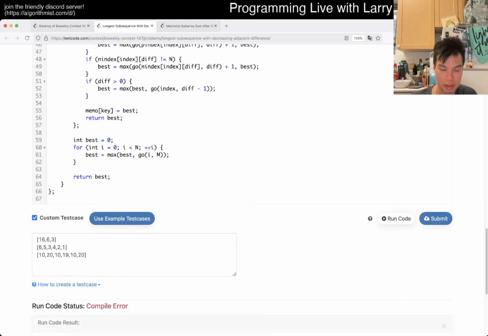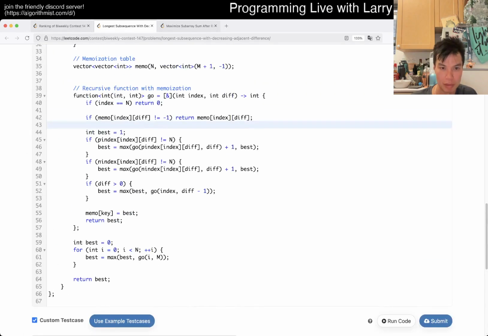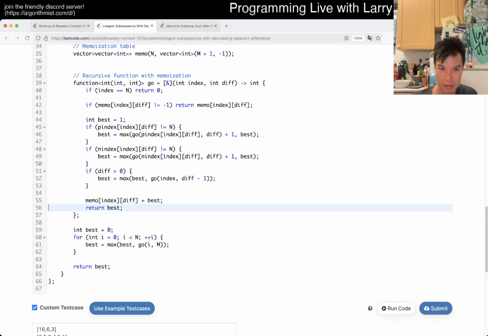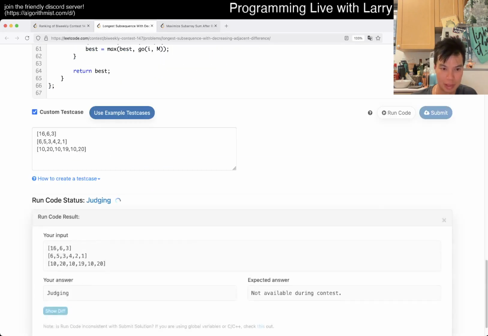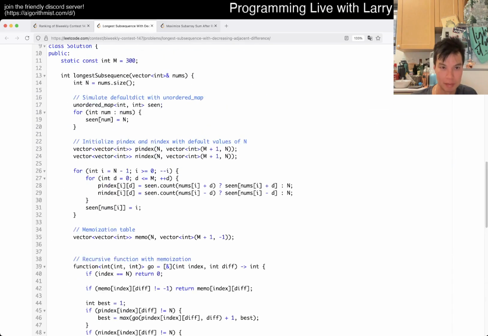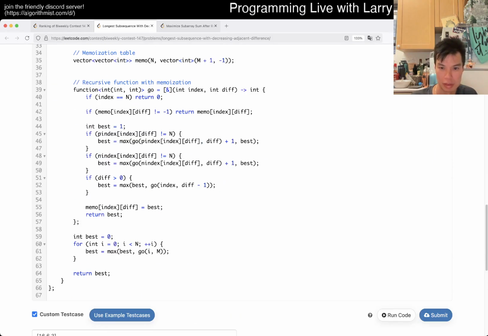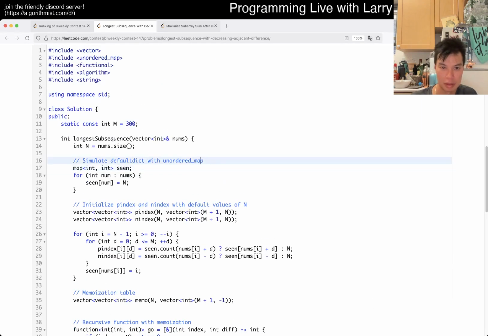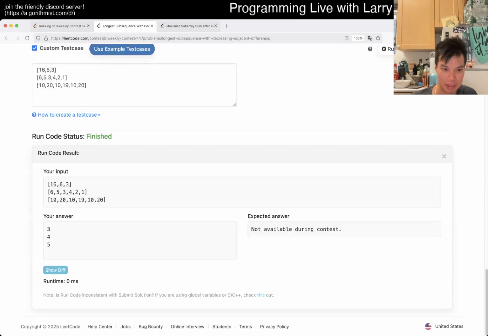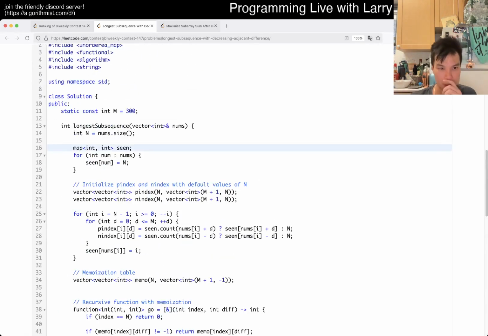Let's run it real quick. Memo key. Oh yeah, I forgot to change that. It's actually easy to translate, but yeah, now is it fast enough? Yeah, unordered map, not even correct anymore. But okay, so then we want maybe